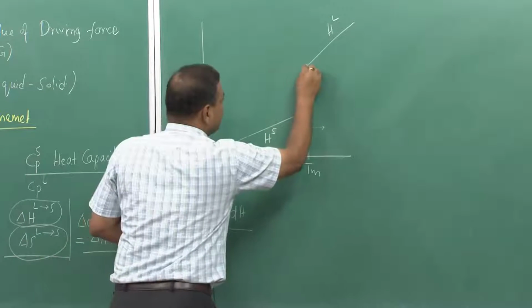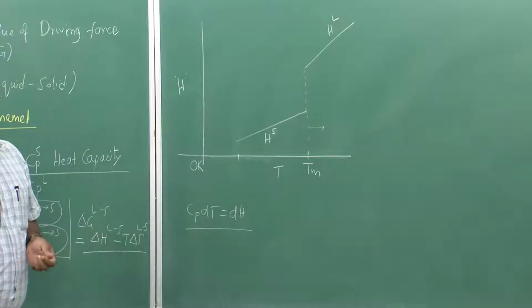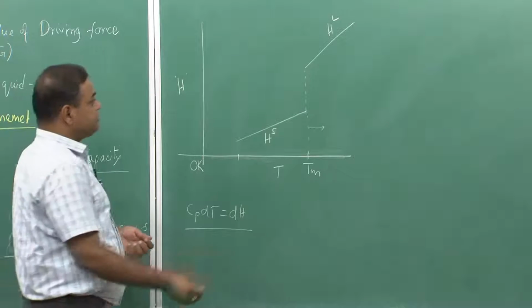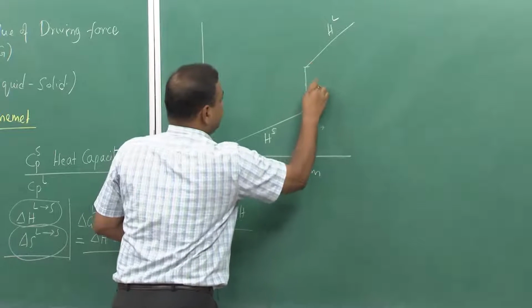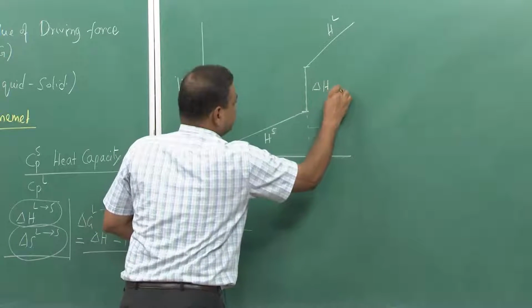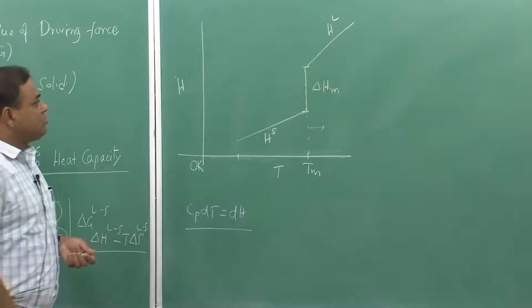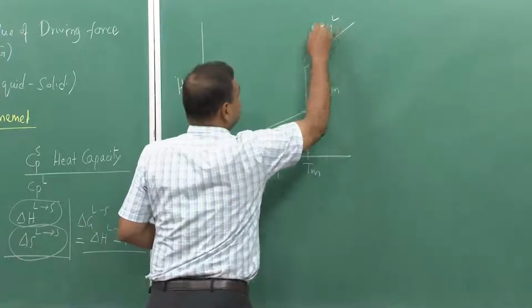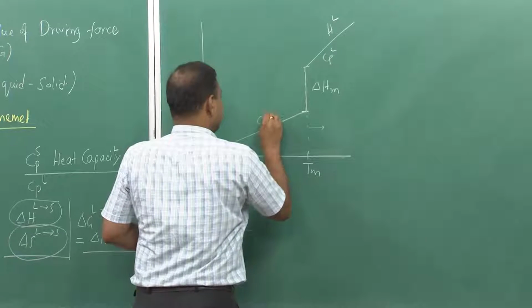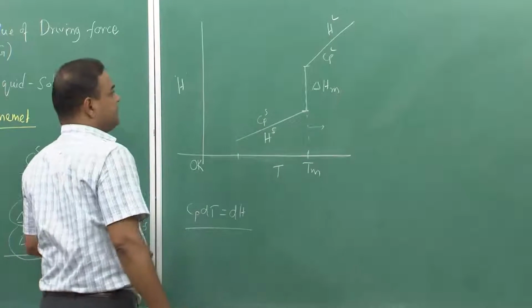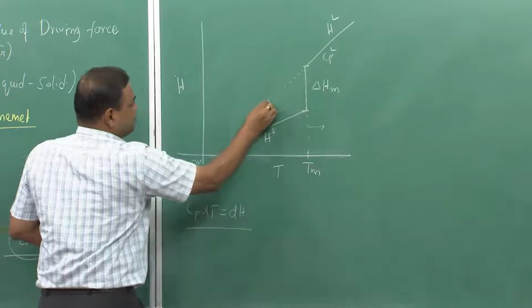And as we know, the melting is a first degree transformation, first order transformation, and at that time there would be a sharp drop which we call the enthalpy of melting. Now, from this we can get Cp information, this is Cp of liquid, this is Cp of solid. Now, if we extend this line,